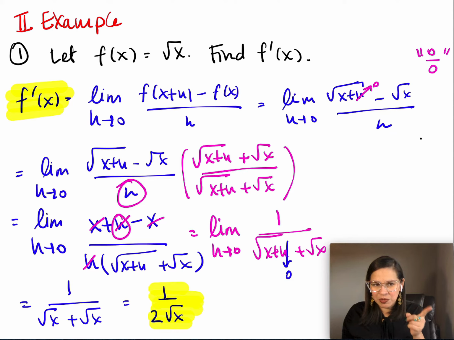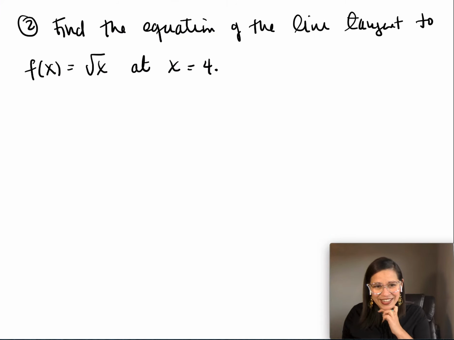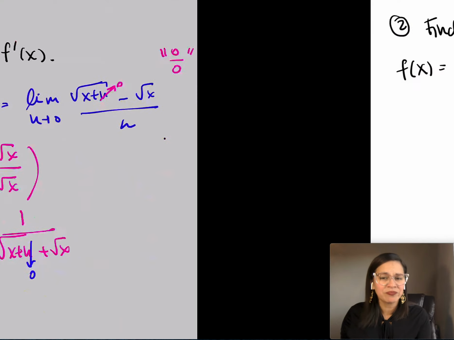At all times, keep in mind that the derivative represents the slope of the line tangent to the graph at a point. So in this case in particular, knowing that f prime of x is equal to 1 over 2 root of x, I can compute the derivative at 2, 5, 10, 11, whatever I want, as long as it is in the domain of the function, okay? Why am I saying this? Because I need it now. Now I want to find the equation of the line tangent to the graph of the same function